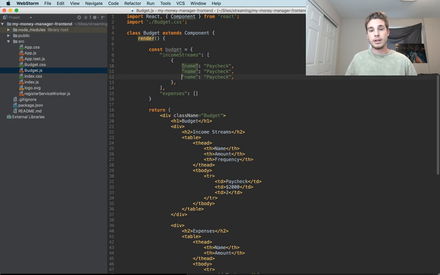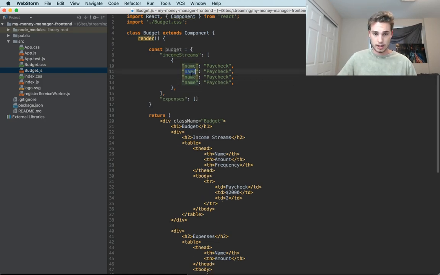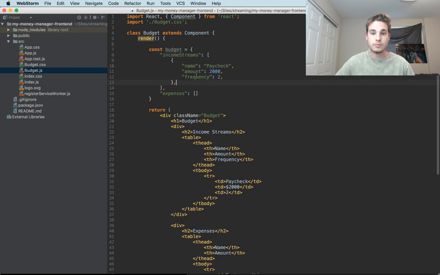and then I'm hitting Command D to duplicate this. It's going to have amount, and well, amount is a number, I guess. And frequency is also going to be a number. There's an object literal representation of our paycheck. So you can see paycheck is 2,000, and we're not going to